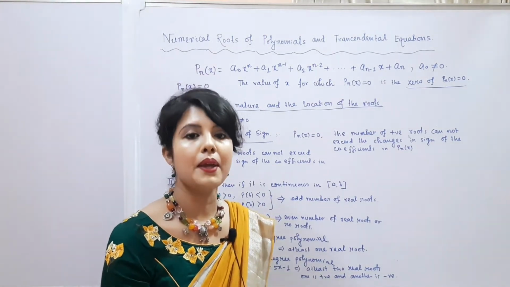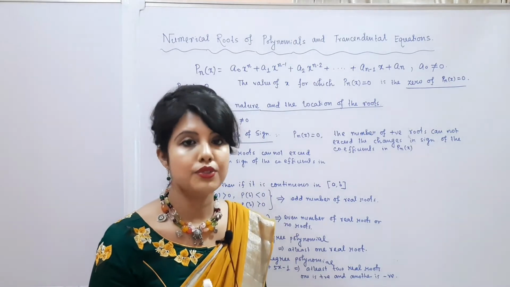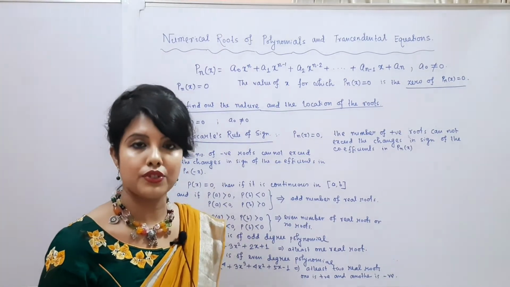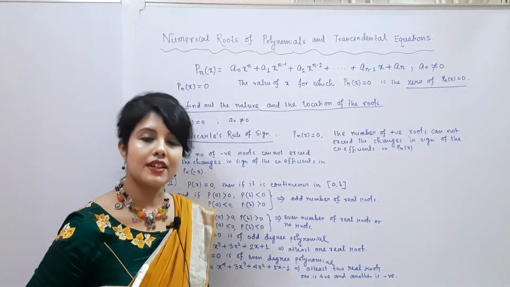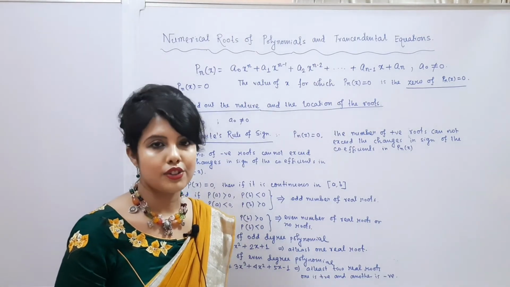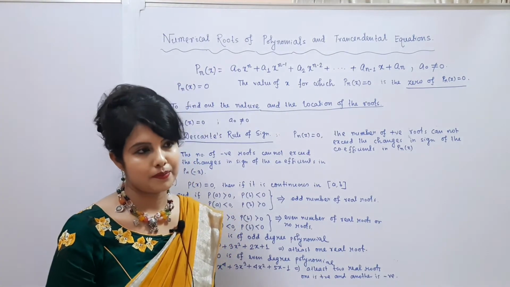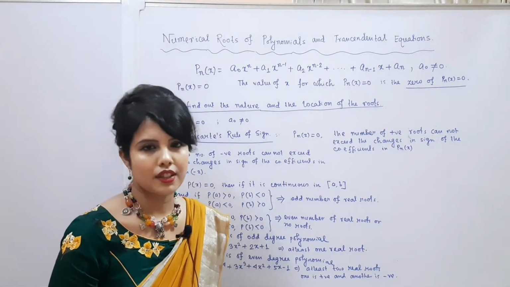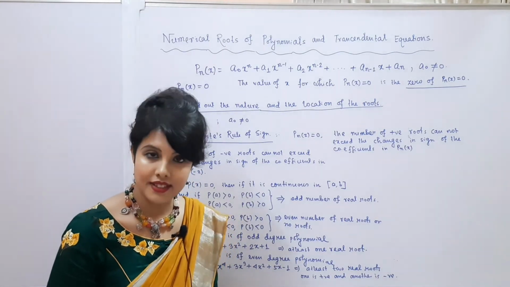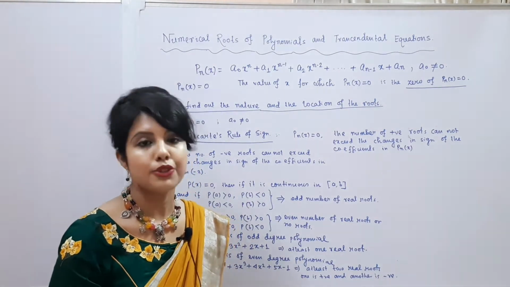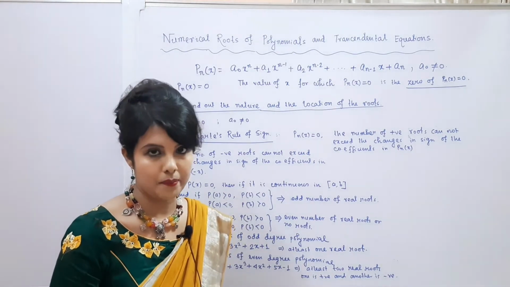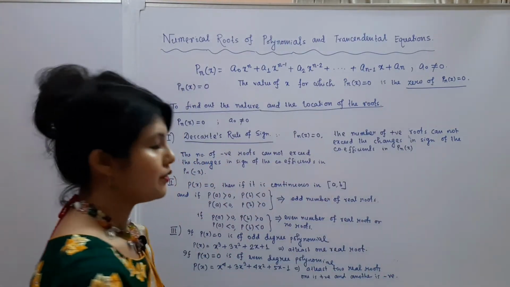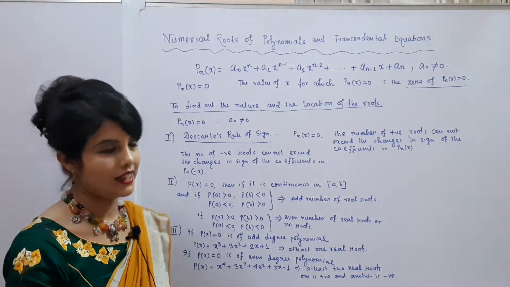Now I am coming to my main point, that is, to find out the solution. Up to that we have found the nature and the location. Now we have to find the solution of the transcendental equation. There are many methods to find the solution of the transcendental equation, of which we will consider 2 or 3: the bisection method, the regula-falsi method, the Newton-Raphson method, and iteration methods. They are very important and they are within your syllabus. So now I am going to find the solution of the transcendental equation.